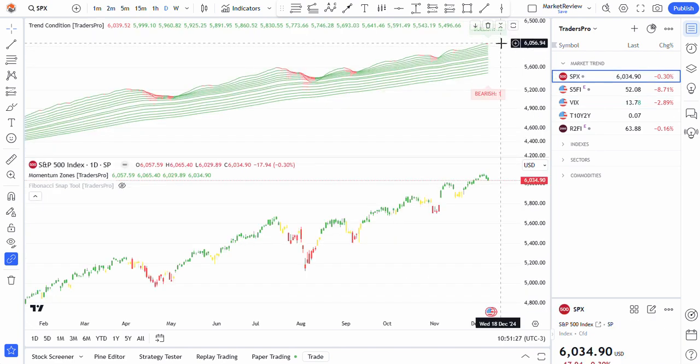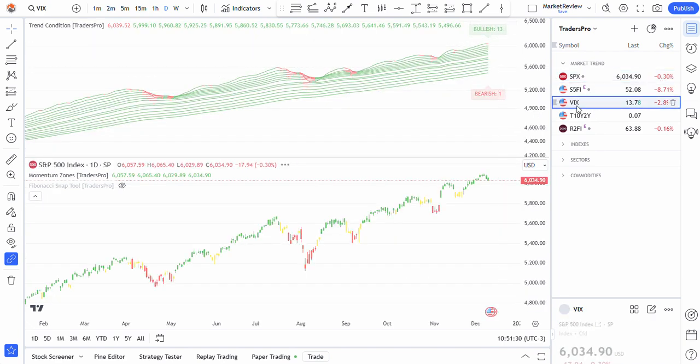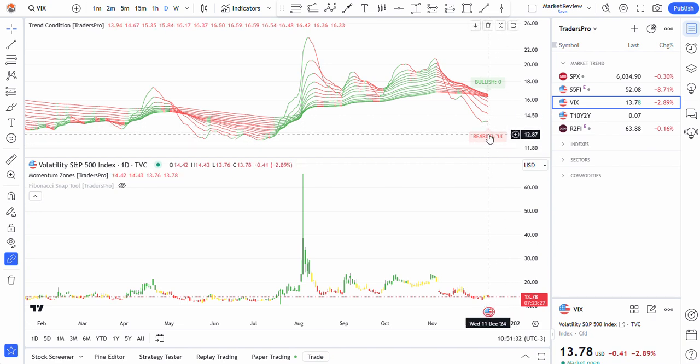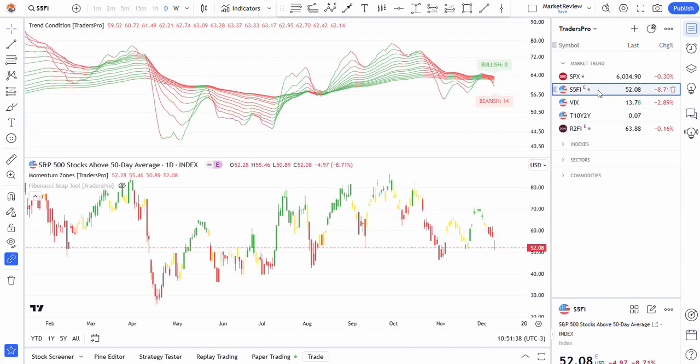It matches the S&P 500 because we have bullishness here, we have bullishness here, even though this is bearish. Remember, the VIX is exactly opposite. So we'll want to watch those in tandem. And then we also want to watch the quality of that S&P 500 trend, which is starting to diminish. It's going to be similar to the buy-sell ratio, and we'll be adding some additional things in here as well. The other that I've got in here is the